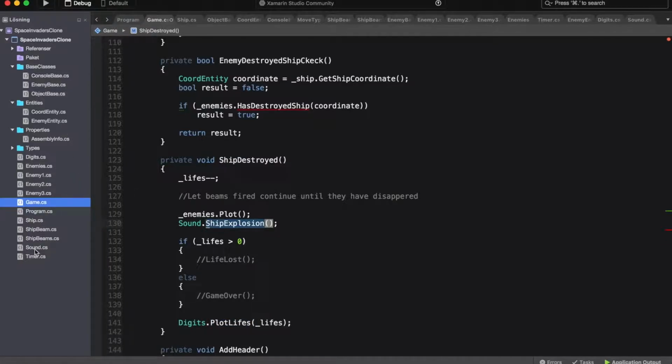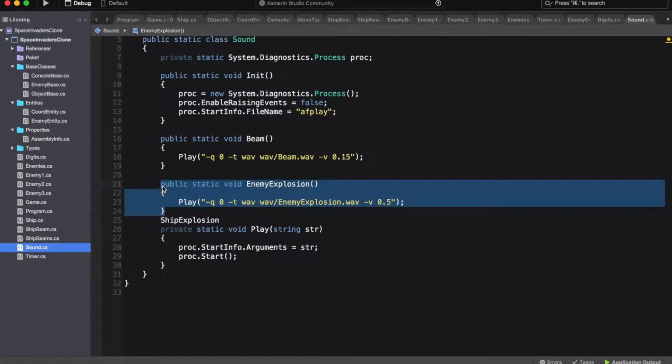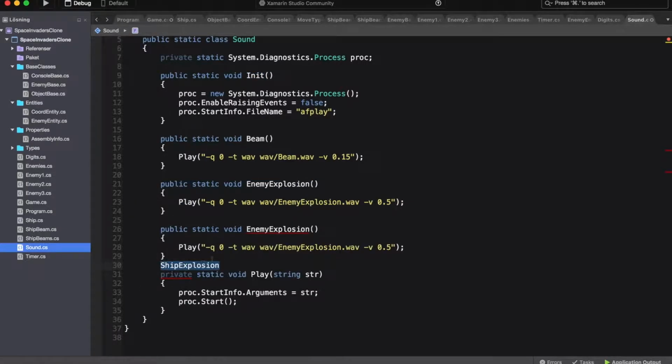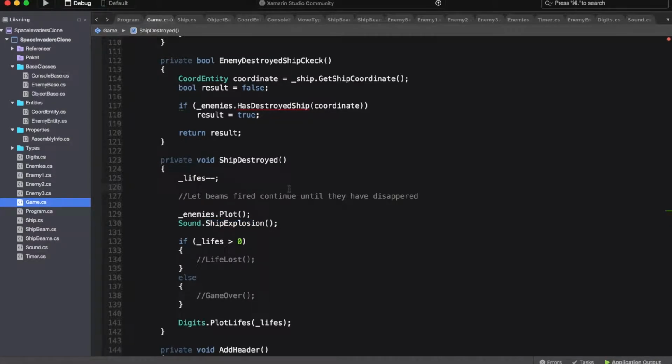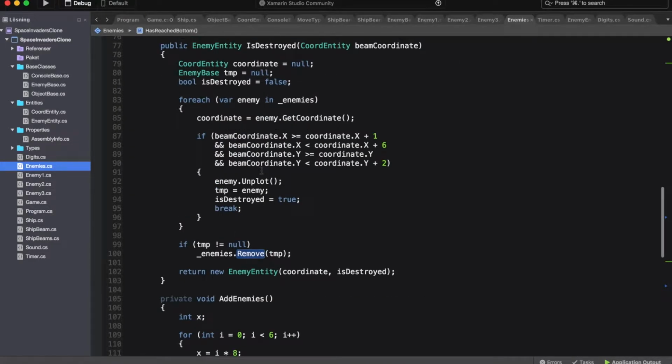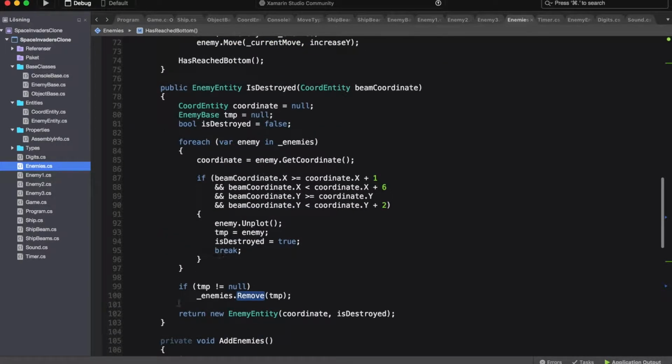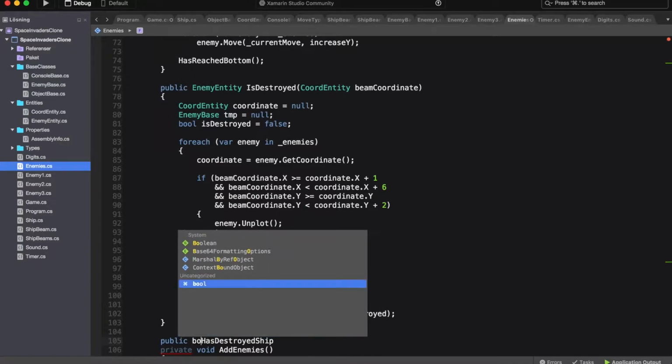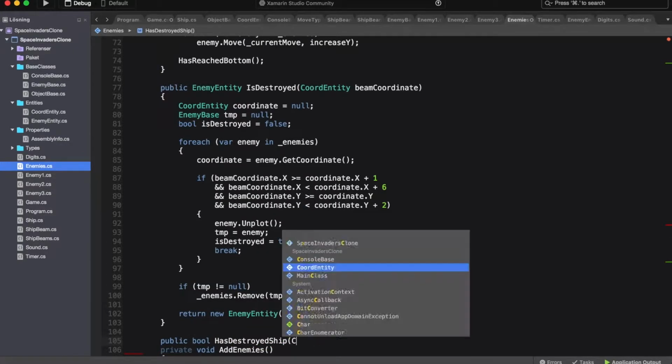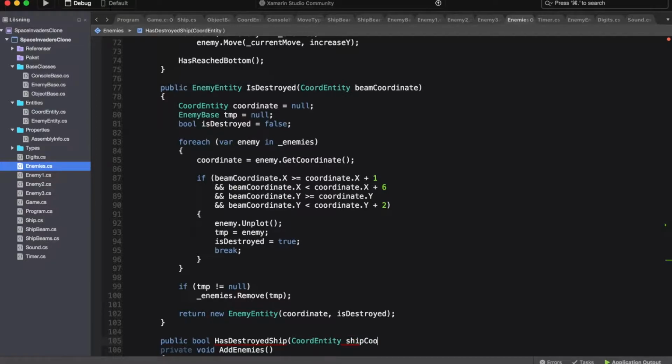Okay. Ship explosion. Just add another function, call it ship explosion, change to the right WAV file that I prepared in advance, and the volume will be set to 1.0. We'll not do anything more with the ship destroyed for now. Onto the has destroyed ship in the enemies class. It takes a ship coordinate, or the ship coordinate,